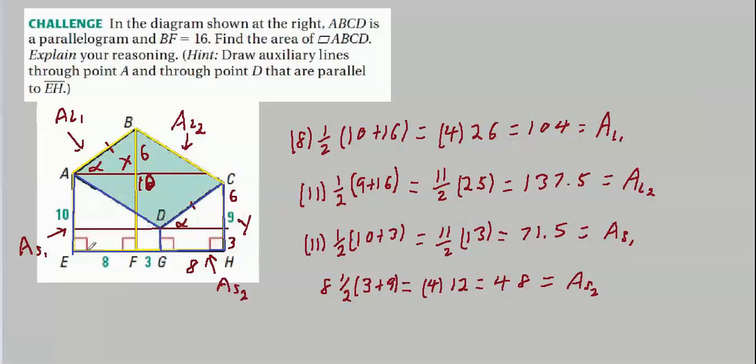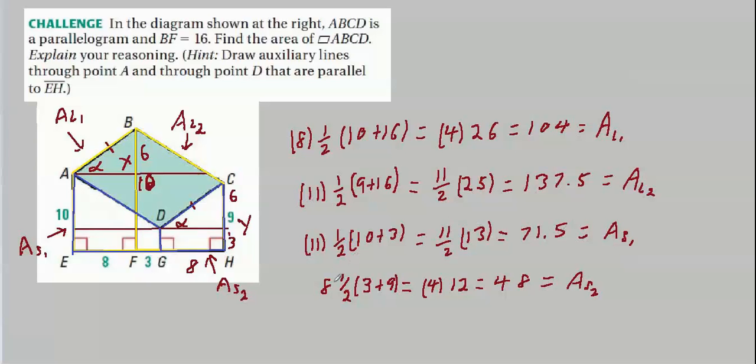A sub S1, the altitude on this side now is 8 plus 3. This is the side that is common to both trapezoids, and it has length 3, just like this one over here. It's 3, 3, 3, and 3 for all of these sections. From the line D-G to E-H, they all have length 3. So for this one, it's 10 plus 3. We take the average of that. We have 1/2 times 10 plus 3, and multiply it by our altitude, which is 8 plus 3. That's 11, so we get 11 over 2 times 13, or 71.5.